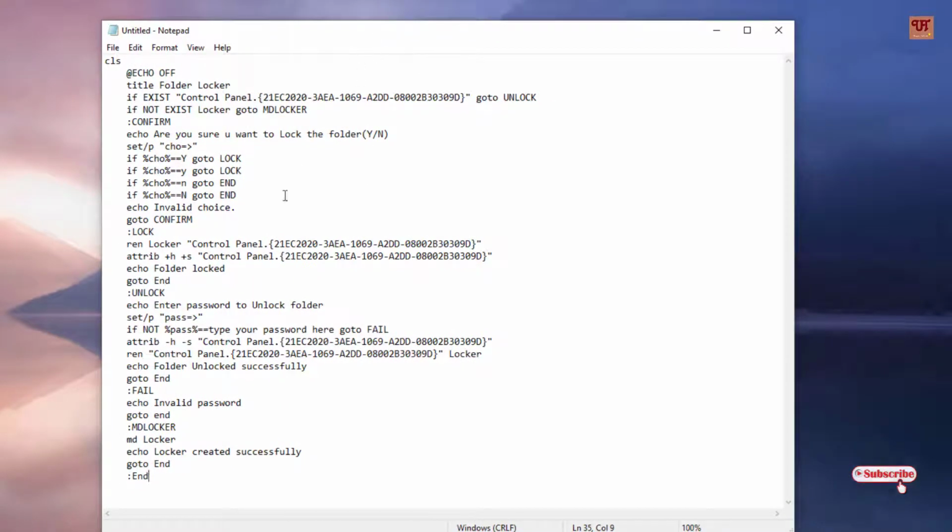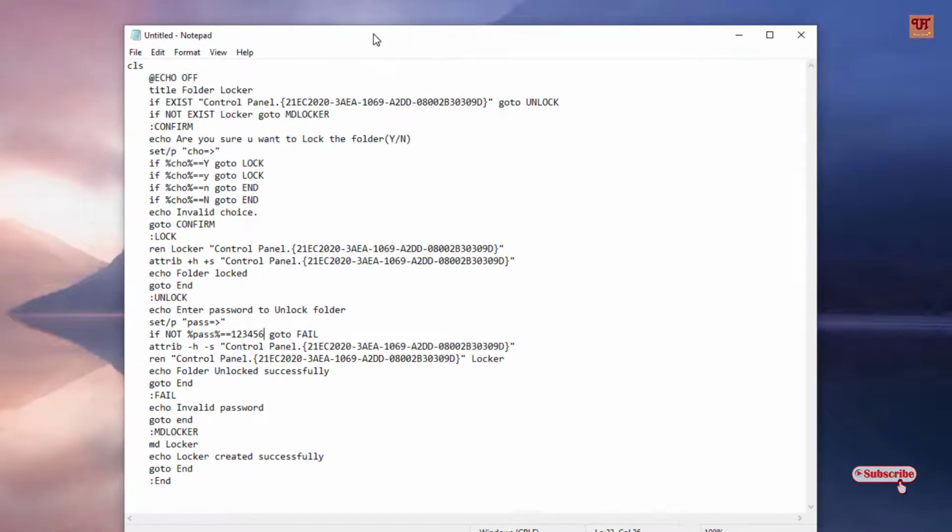Now you can see here this line, type your password here. So you type your password here. Say I'm typing this just for the reference. You can give any password here. Once you have given the password, what you need to do, you need to click on this file,